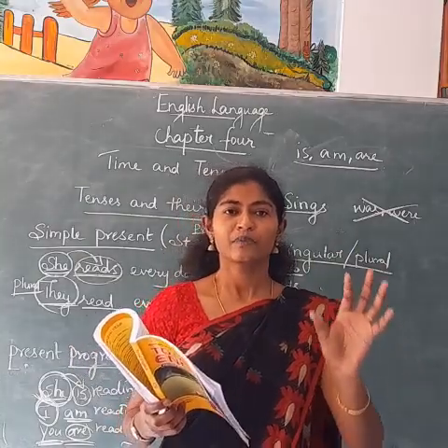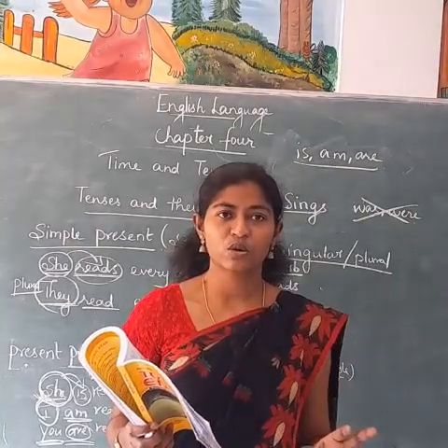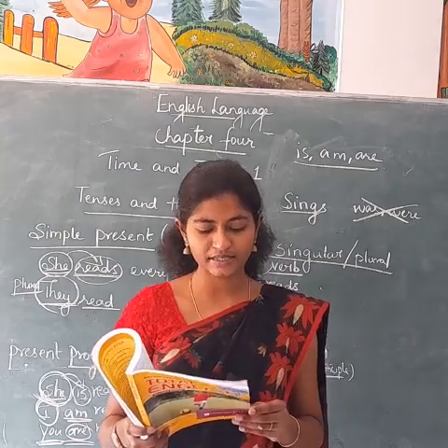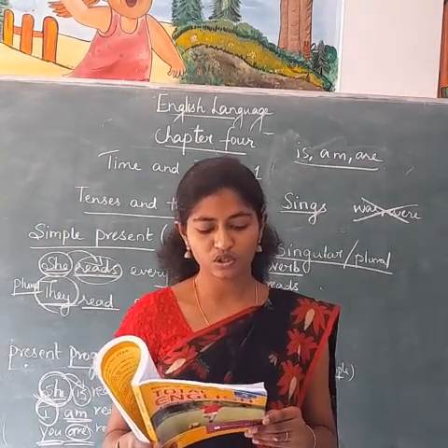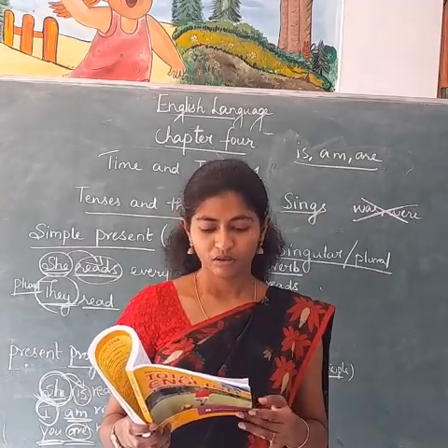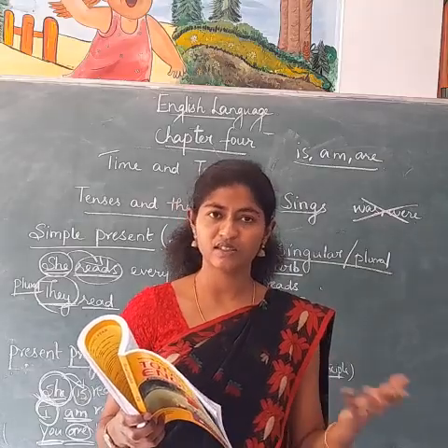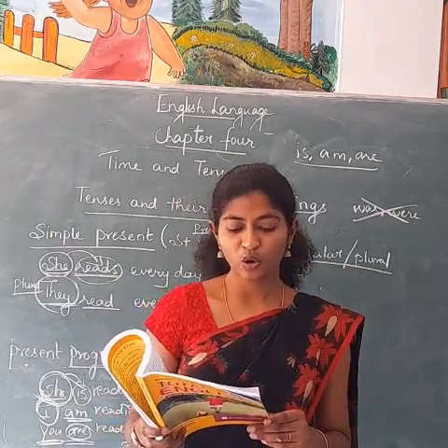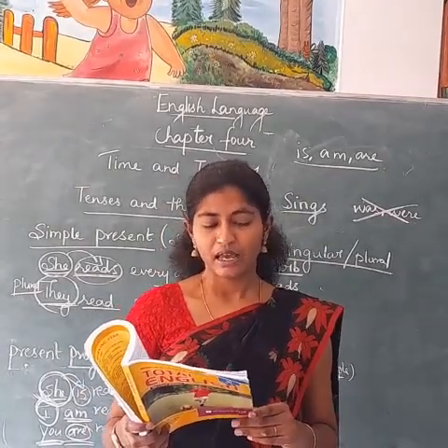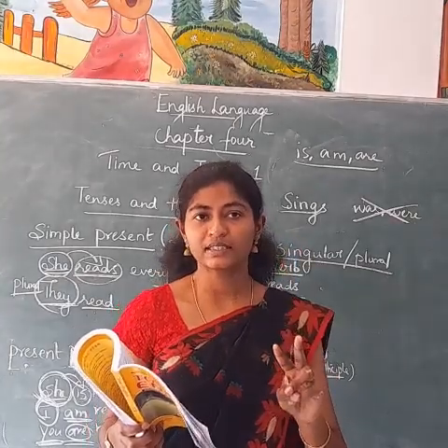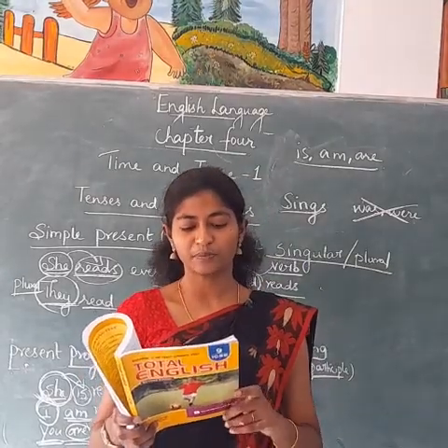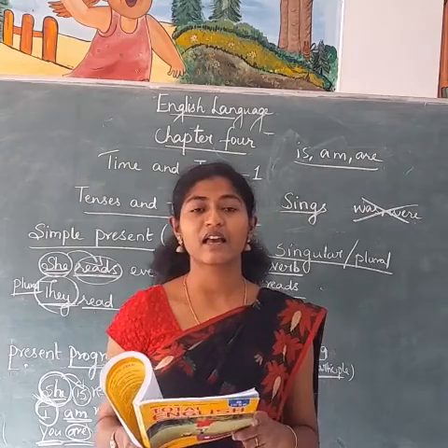Okay, I wake up at 6 o'clock every day. So this is also a habitual action, right? See the second example. We whitewash our house before Diwali. So that is a usual activity or it is a custom also. You can take like that. He goes to bed at 11 o'clock every night. Okay, so what is the second usage? You have to use simple present tense when you are talking about repeated actions, customs and habits.